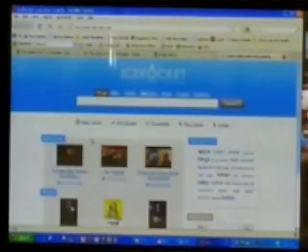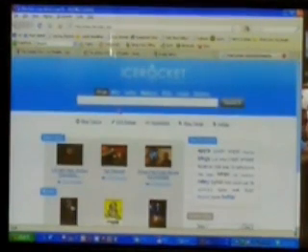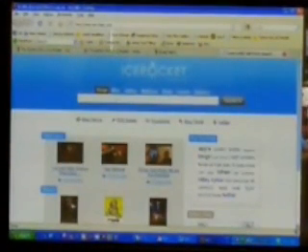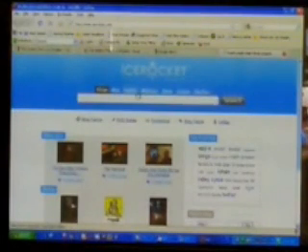Next up is Ice Rocket. It's not a very well-known blogging or search tool, but it's pretty powerful. I don't use it a whole lot, because of the Google products out here. But this is just another avenue to search for relevant information in the blogosphere, or also Twitter and MySpace, which are considered blogs, if you will.